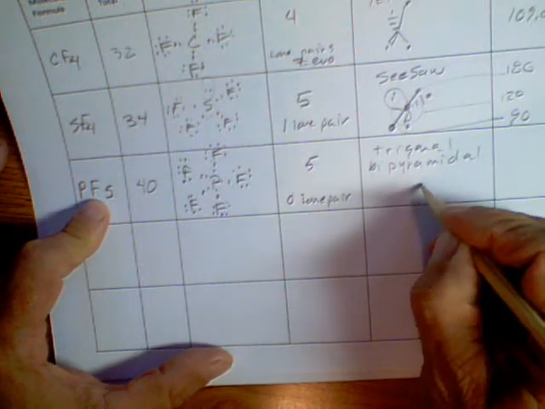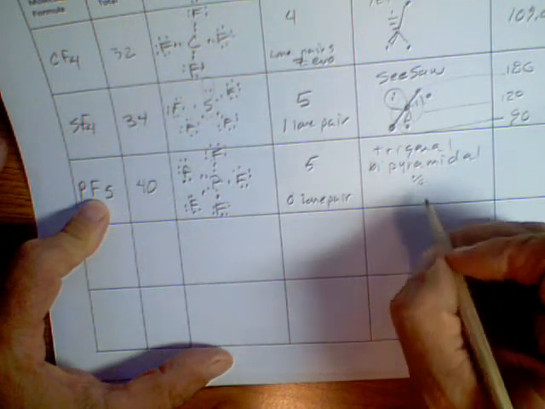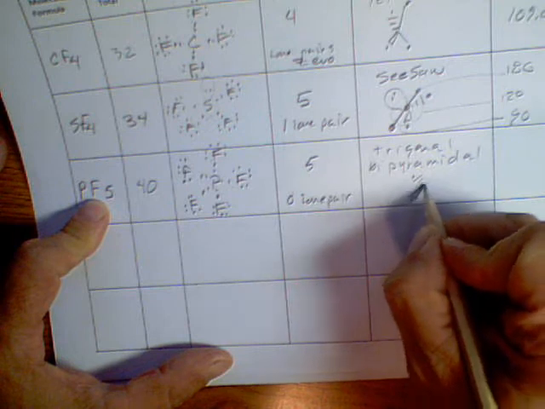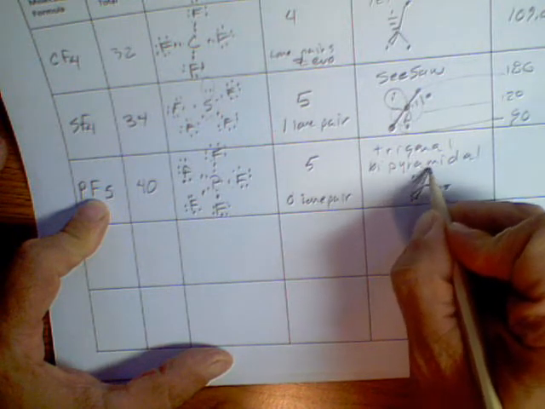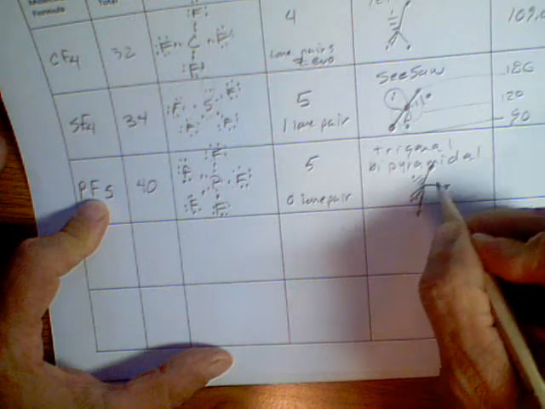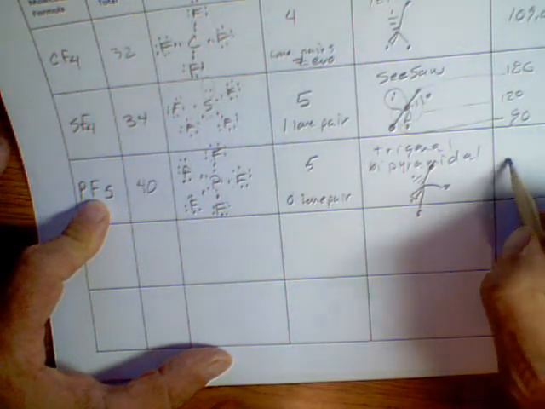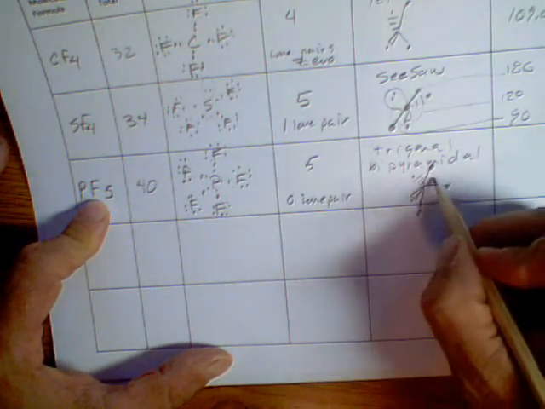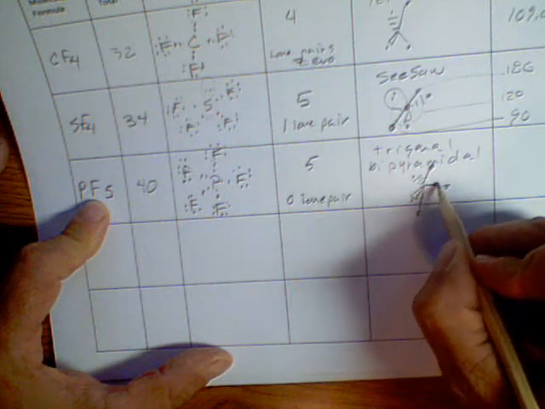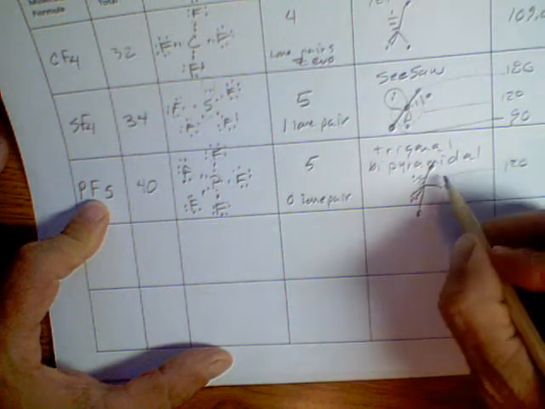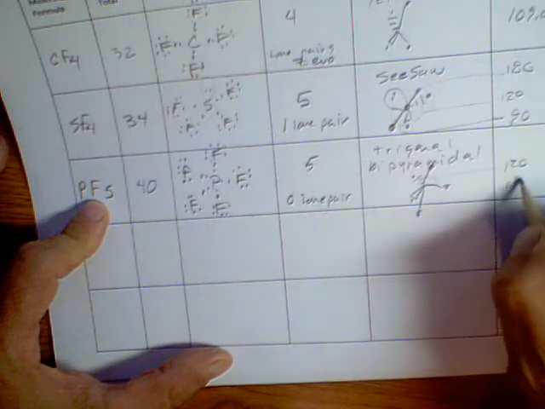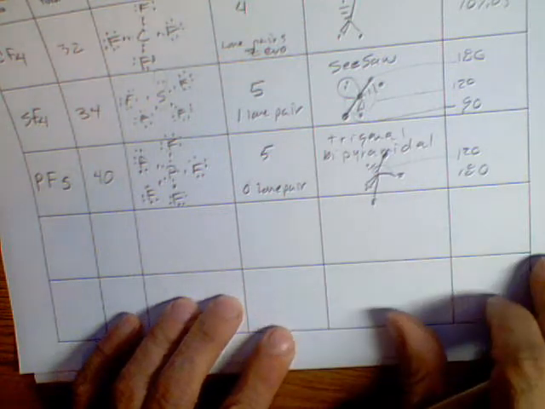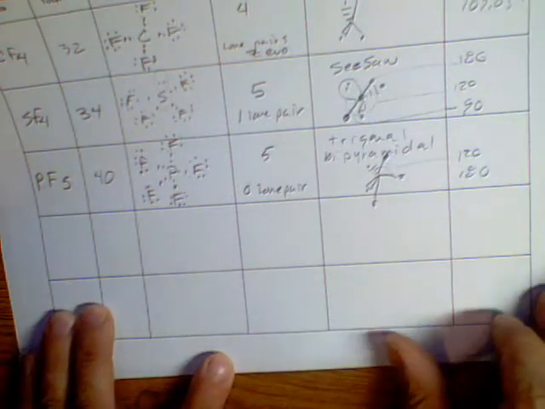shape. And with the trigonal bipyramidal shape, if you recall, that shape looks like a triangle. That's the trigonal part, and then one sticking up and one coming down. And the angles within these triangles are going to be 120, but of course these two are going to be 180 as well. So those are our bond angles. So trigonal bipyramidal, you just have to remember that shape. I apologize about my drawing, and the angles you'll have to remember as well. So another is